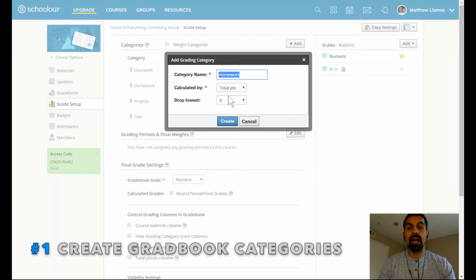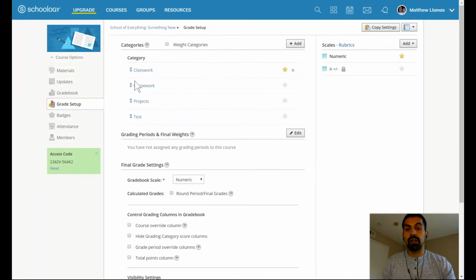So go ahead and add a category, and I like to leave it as total points, and I'm going to leave drop lowest at 0 for now. So you can see I have these different categories here already that I've created: classwork, homework, projects, and you can create multiple categories. After you've created all the categories that you'd like,